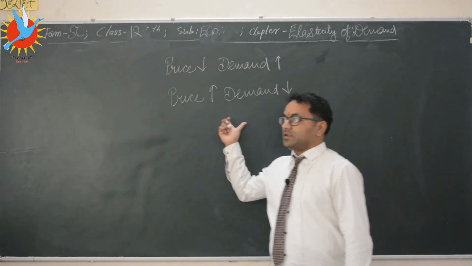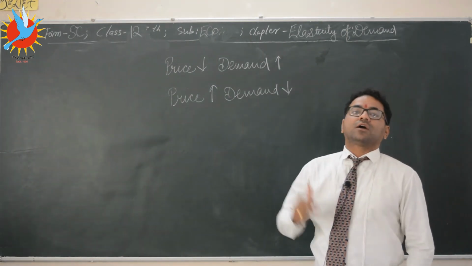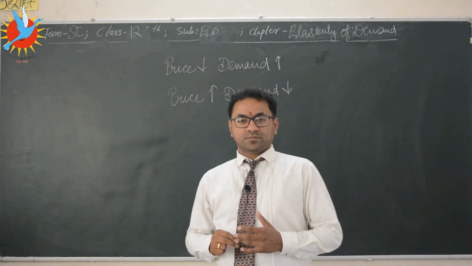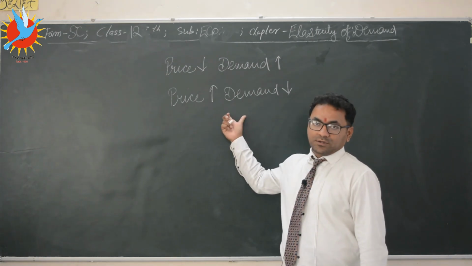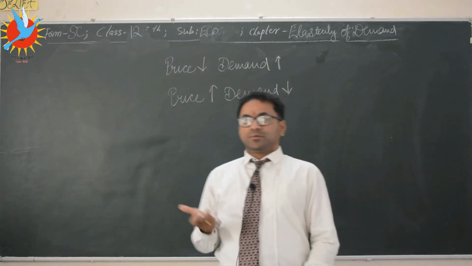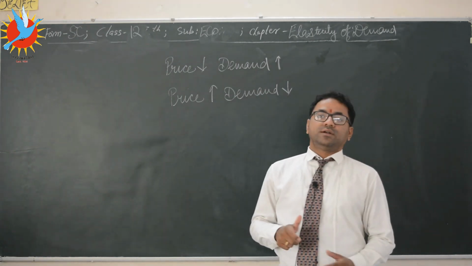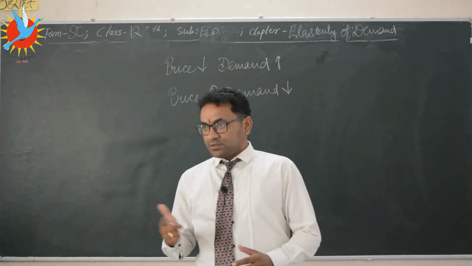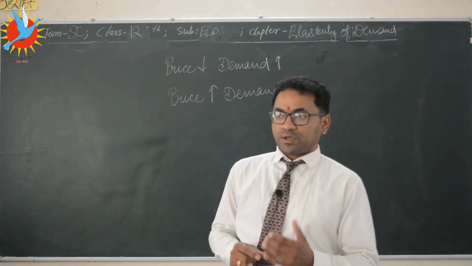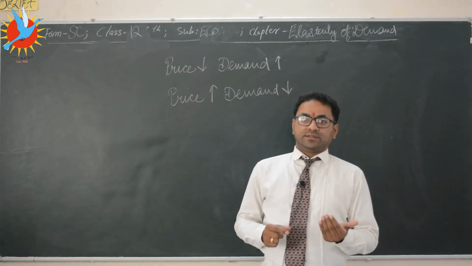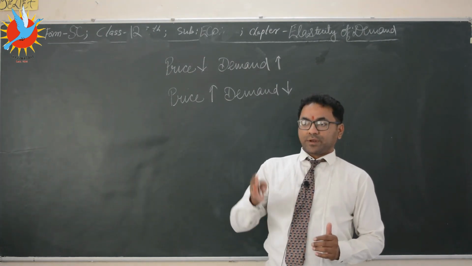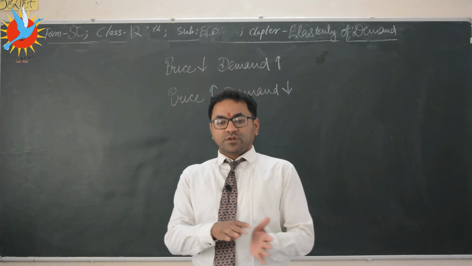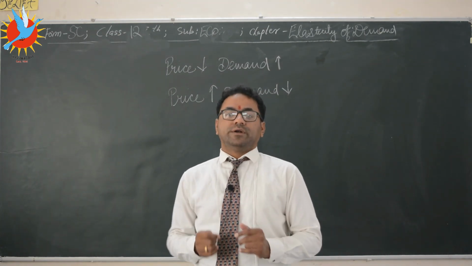But this fundamental varies according to commodity. For example, change in demand in case of vegetables will be different as in case of mobiles. For example, if price of mobile decreases, what will be the change in demand? And in price of salt, what will be the change in demand? They both will be different.